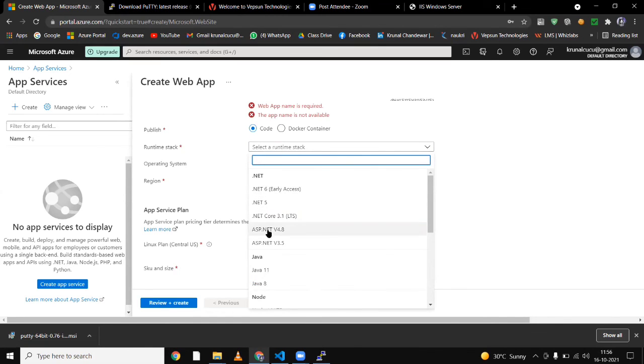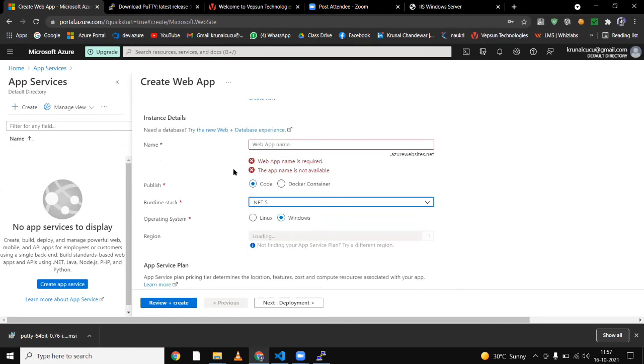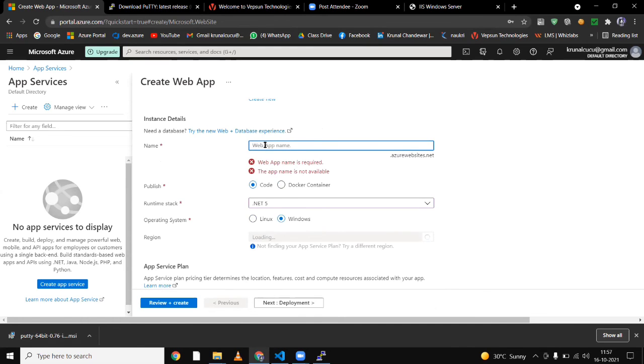We have .NET, ASP.NET, Java, Node, PHP, Python, Ruby. And mostly we will go with .NET 5, and we will go with this only. And after going with this .NET 5, what will happen?